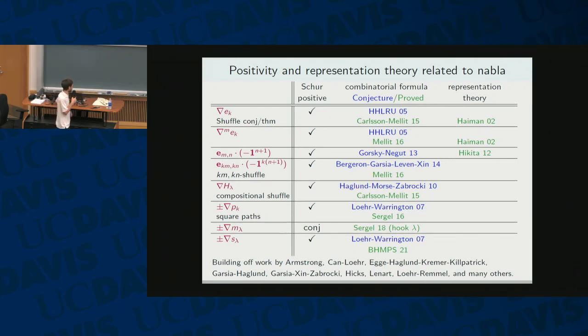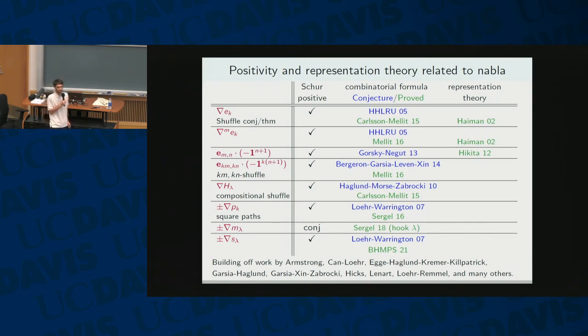This was eventually proven by Carlsson and Mellit in 2015. Interestingly, it ended up using a refinement of the original shuffle conjecture of HHLRU regarding nabla of H